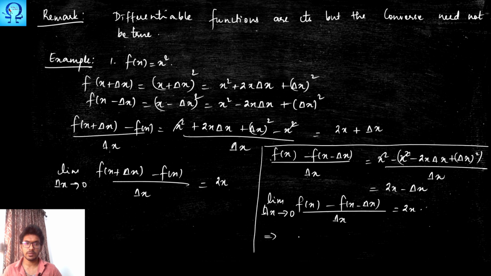With this, what shall we conclude? F prime of x is 2x. We all might have studied in our school days that the derivative of x square is simply 2x with the formula that we have, remember these things. But this is how, through limits, we calculate the derivative, right? So differentiable functions are continuous. Here I have given you an example of a differentiable function, and we have very well verified this is a continuous function when we have studied the concepts of continuity.